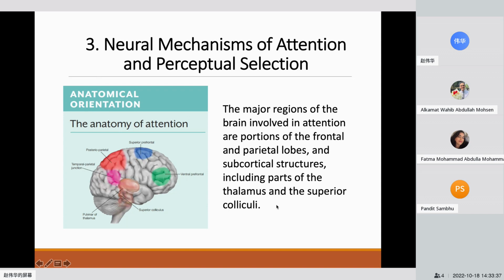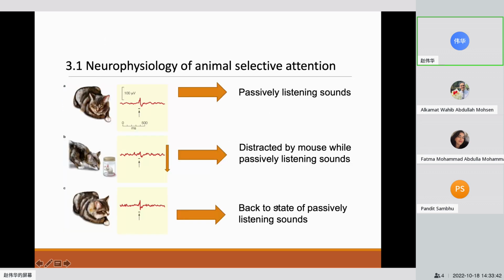So last session, I introduced some visual experimental designs, such as feature selection, position processing, and motion, as well as color, and so on. So what about auditory attention? Especially selective auditory attention. One animal study here uses a cat. There are three conditions. They used the cat to investigate selective attention, to check whether there was a gating of auditory inputs in